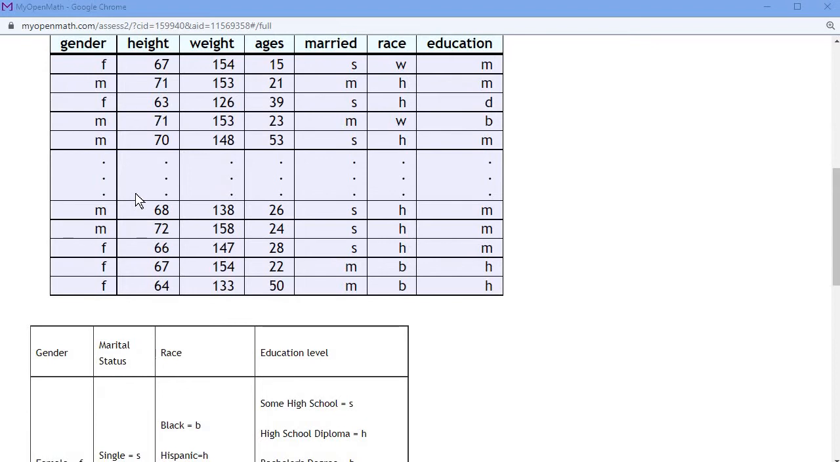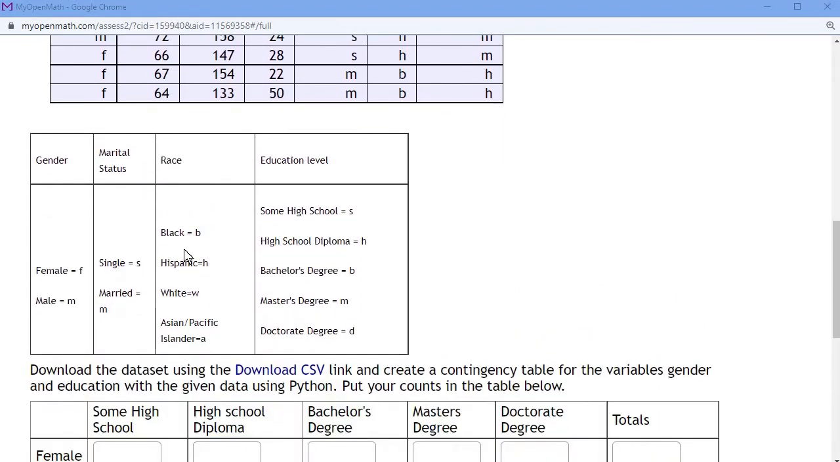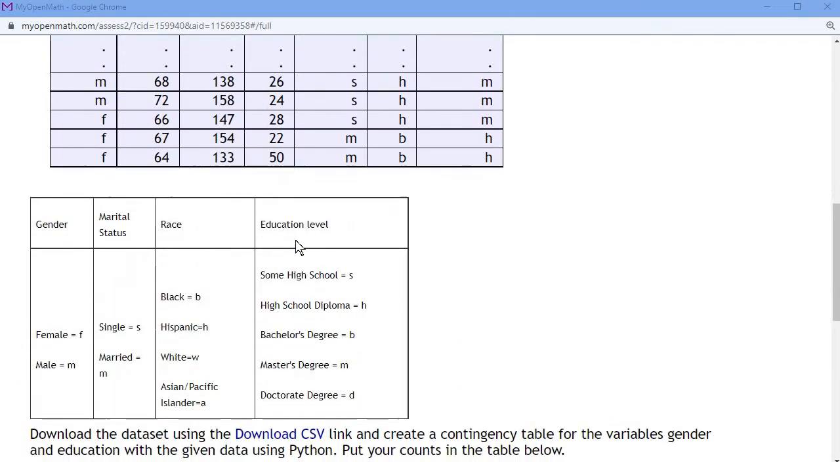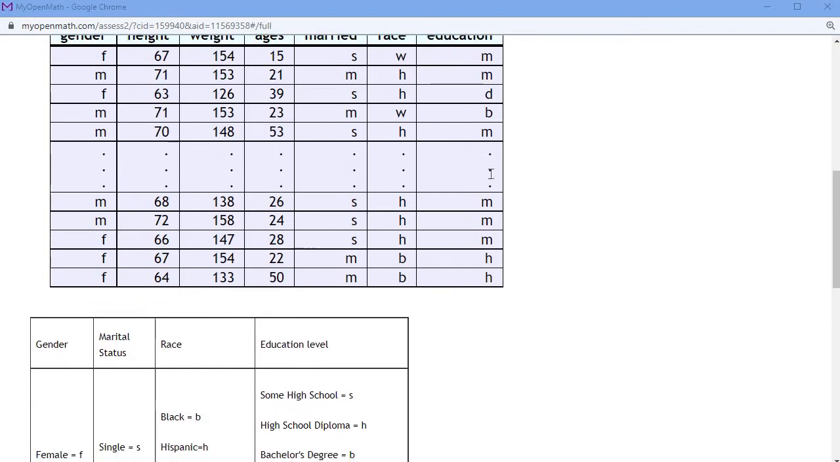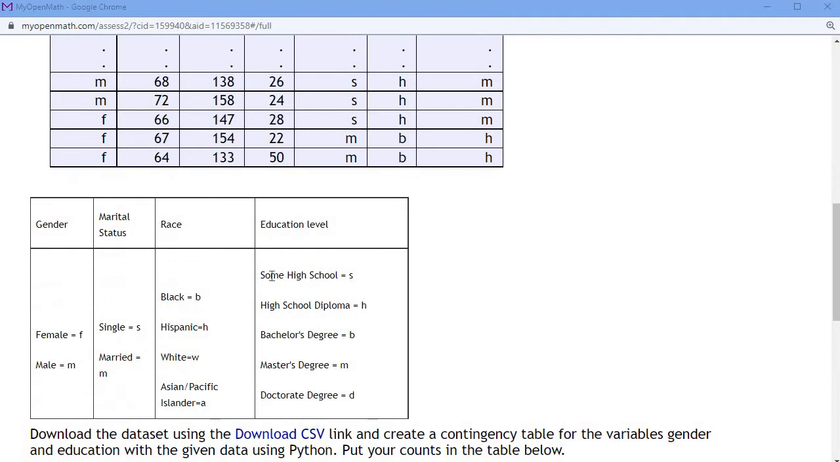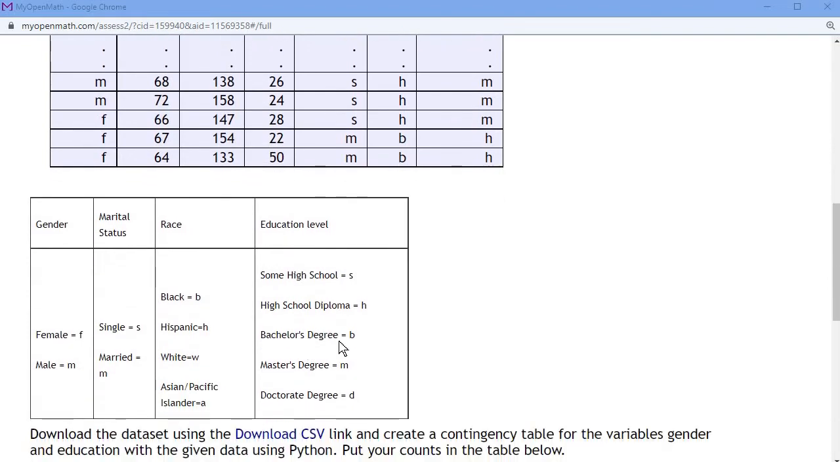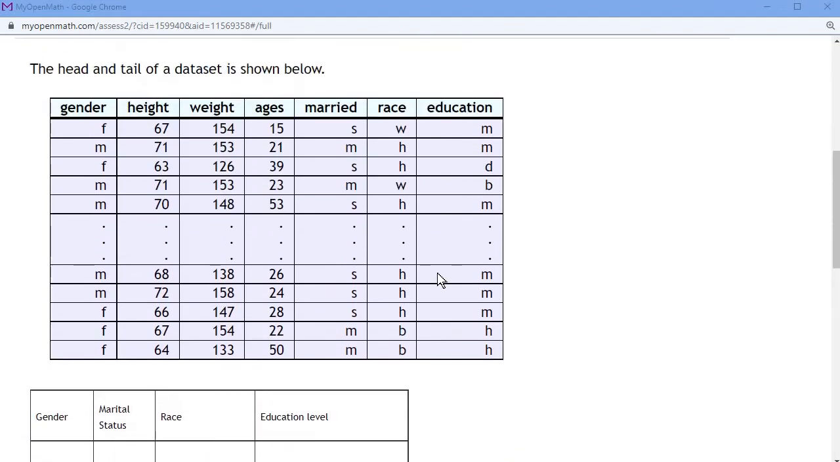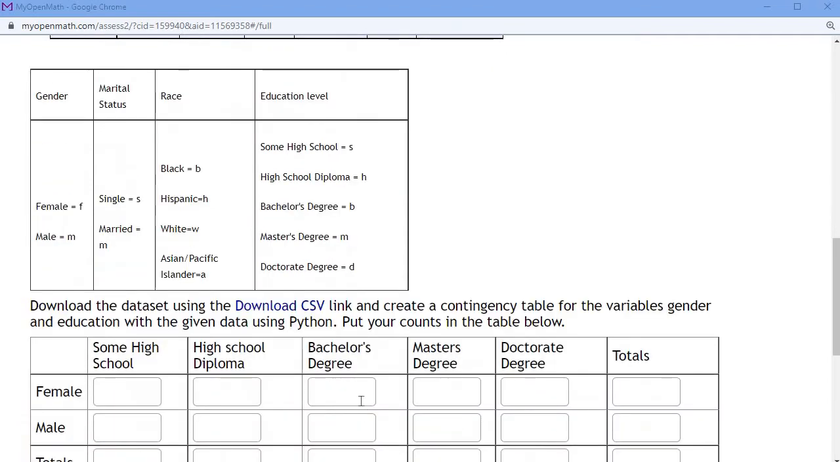So let's go ahead. Below the head and tail here we have the legend for the data frame. As you can see, education level: S means some high school. So if somebody has an S, that means they went to some high school. H means the highest level of education is a high school diploma. B means the highest level of education is a bachelor degree. D means it's a doctoral degree. All right, so